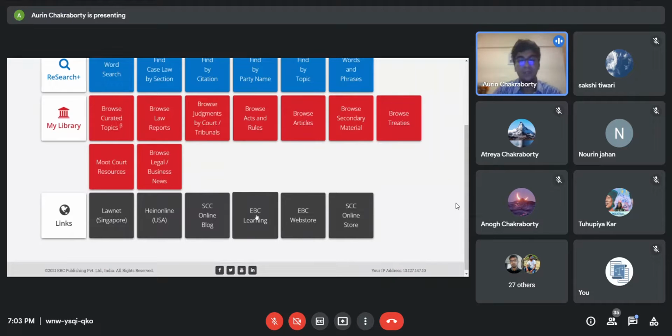You can also go up to EBC Learning. EBC Learning is a portal which gives you certificate courses, and you have to sign up for them and pay for it. Then the EBC Web Store is basically if you want to buy books, and mind you, I'm not advertising over here. Being a student myself, I know it's really expensive.